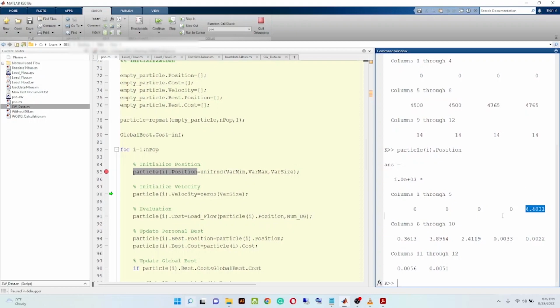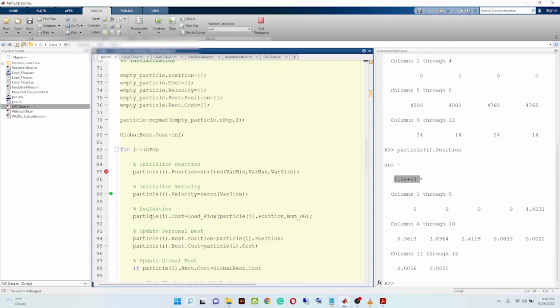So PSO chooses this value, and then 3.8, and this one is chosen between 0 and 4765. And then we have 4 locations. These are in points because we have to multiply all the numbers by 1000. Okay,